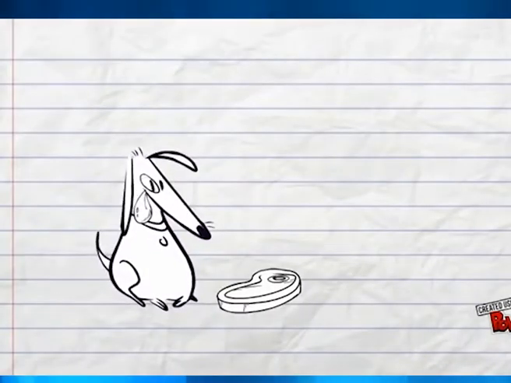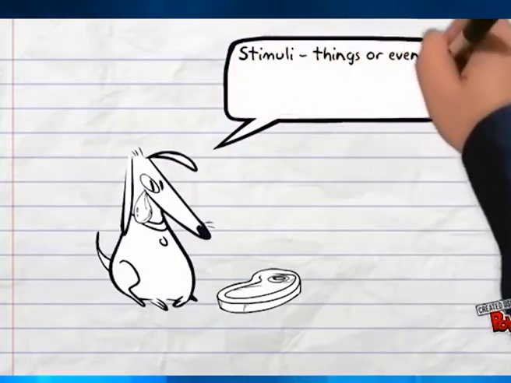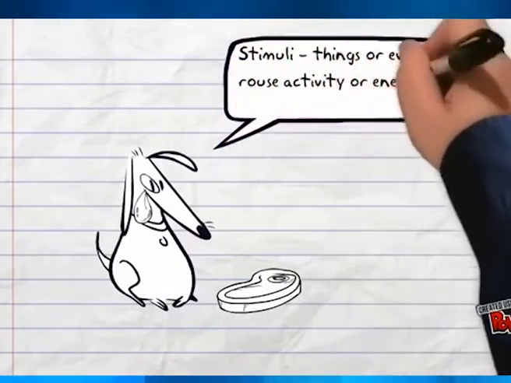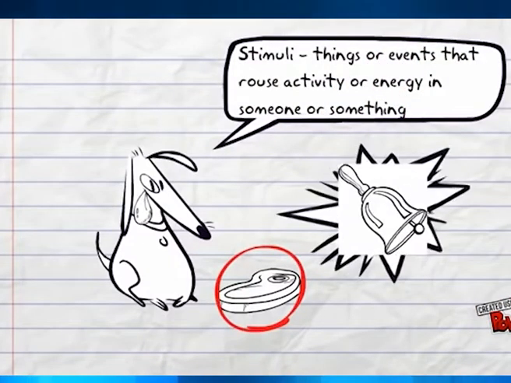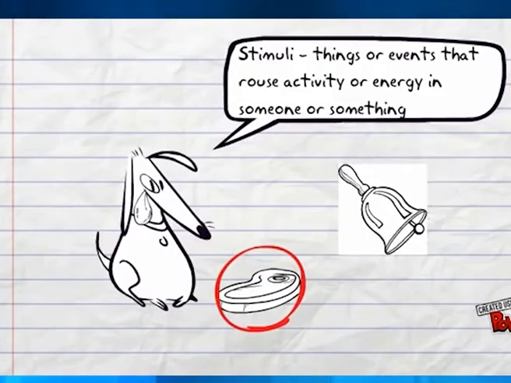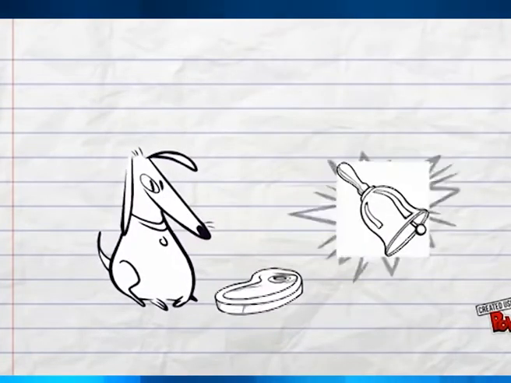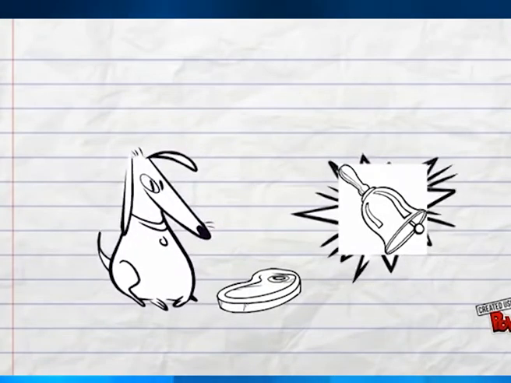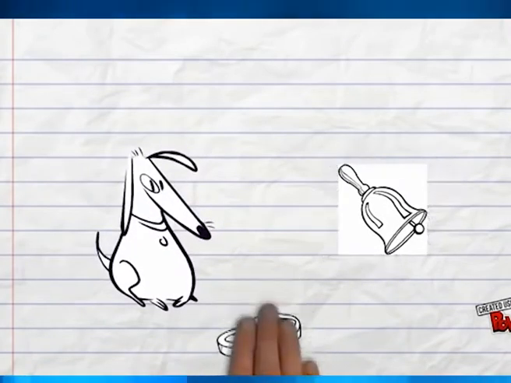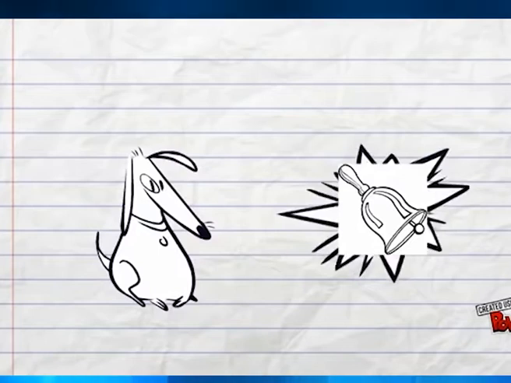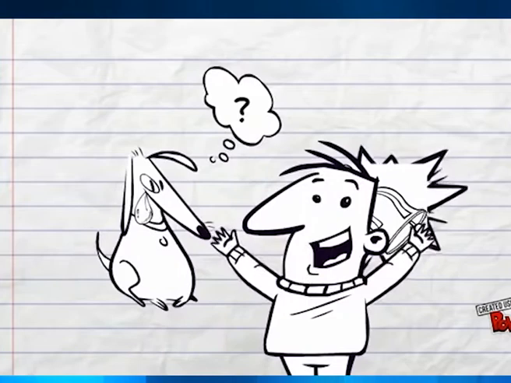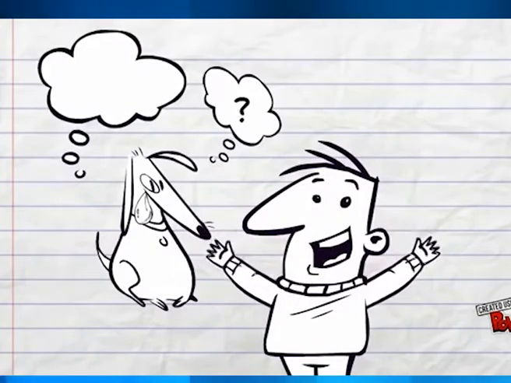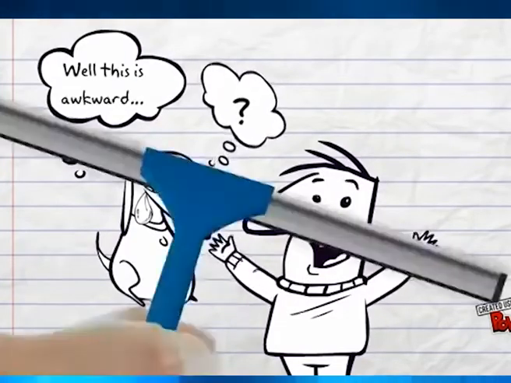Pavlov first identified the stimulus, the thing that caused the dog's response or behavior. In this case, the stimulus was the food because it caused the dogs to salivate. Then he paired the stimulus with a separate incident, the sound of a bell. Every time Pavlov brought the dogs food, he rang a bell. Once the dogs got used to the sound of the bell at feeding time, Pavlov tried ringing the bell without giving the dogs any food. And voila, the dogs started drooling anyway. Pavlov had successfully trained the dogs to react to the new stimulus, the ringing of the bell, the same way that they reacted to food.